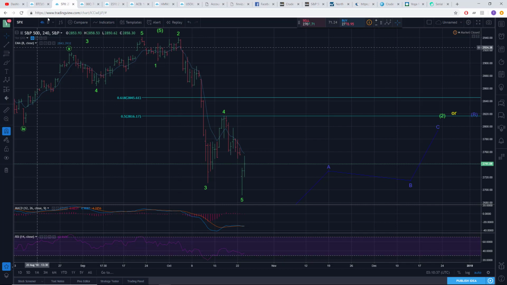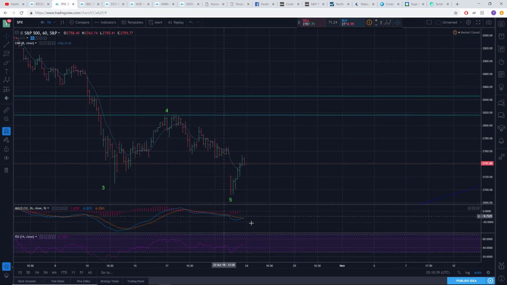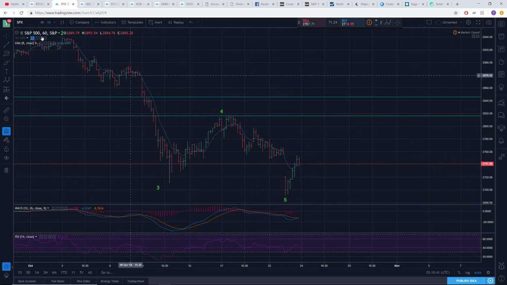And also on the hourly chart. So hourly chart, you can see what I'm getting at here. Multiple time frames confirming. So here's your RSI low, which coincides quite nicely with the wave 3 low on the